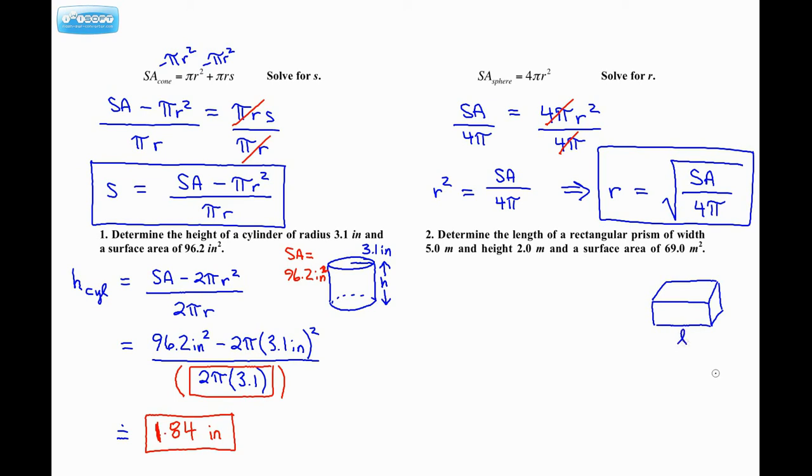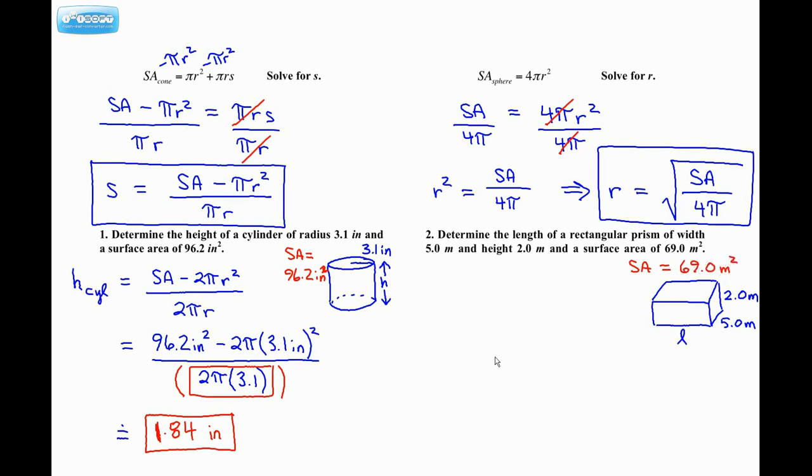And the width, well, that was 5 meters. And the height was 2. This is definitely not to scale, but oh well. Right? And the surface area, meaning the total area of all 6 sides, is 69.0